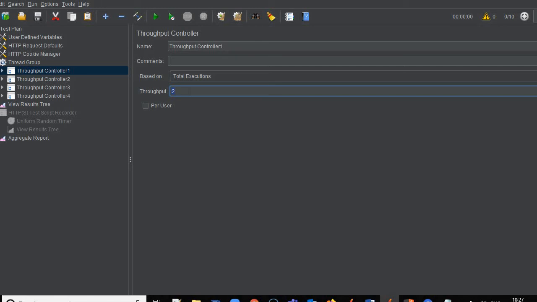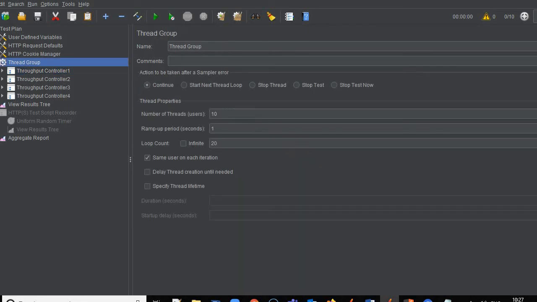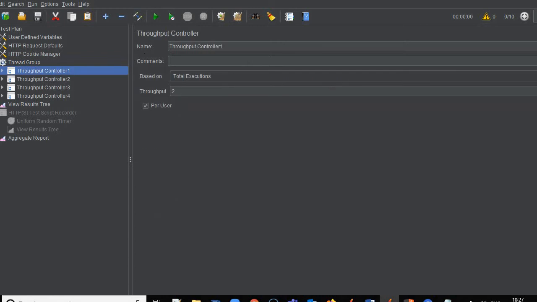And when we select this checkbox for the controller, for each user, whatever user count we give over here, if we give 100, 200, 500, then for all the 500 users 2 iterations will be executed for this particular controller. Same way all the 4 throughput controllers will work.